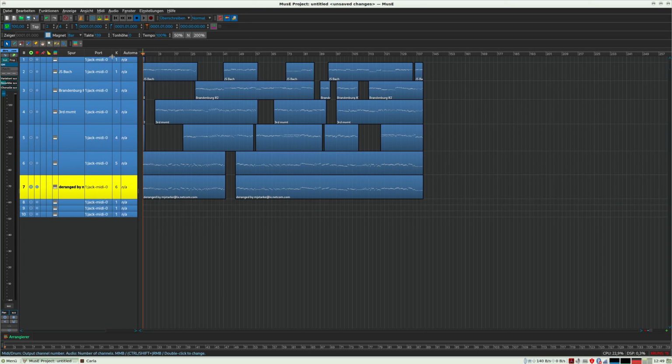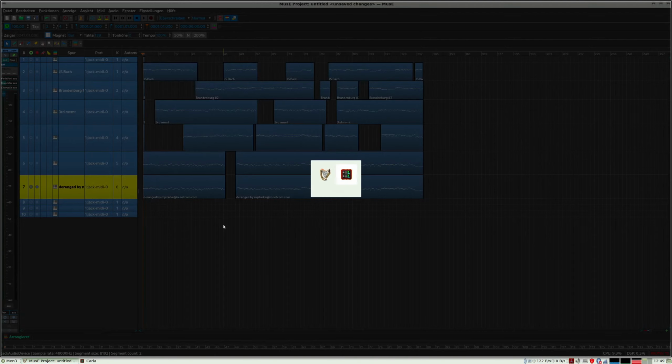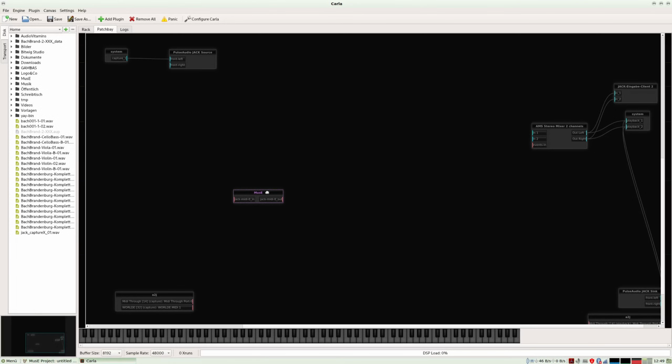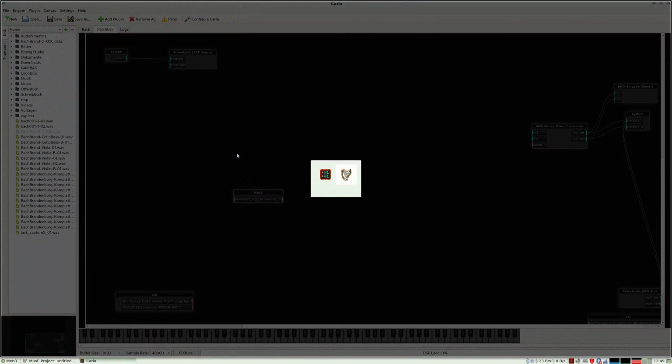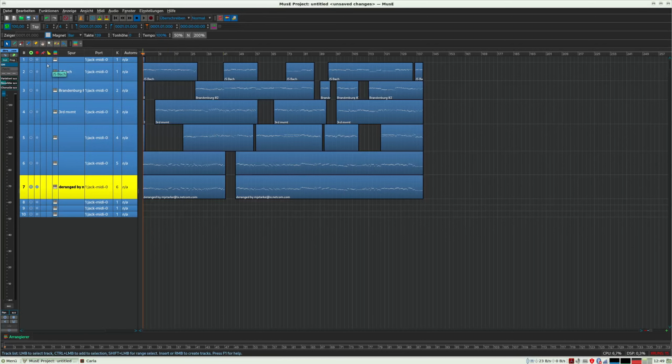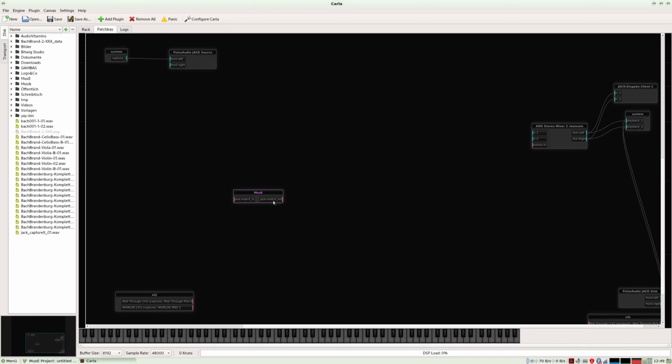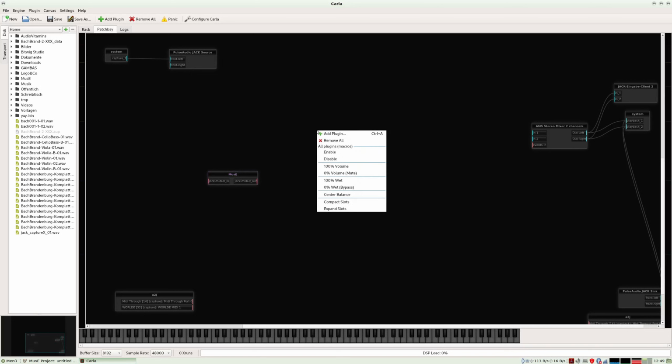All of them are output, the output is going to Jack MIDI 0, and when I now change to Kala, I can see here it has changed. I don't have an audio output because I deleted the audio track here, and I only have the MIDI out 0. This is completely okay. So now let's start to add a synthesizer.